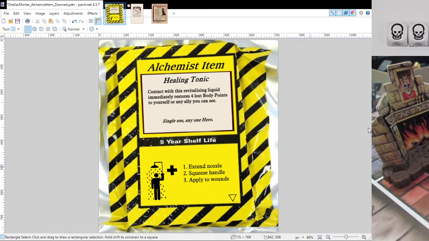And then I even put this little symbol in the corner to show you that it's water based. So if you're keeping track of what alchemical school it's from, that's the symbol for water in alchemy. And I just put single use, anyone hero. It's very simplified, very easy to read. But again, these are just layers. So you got your layer for the drawings. There are other things that I added on for other ones.